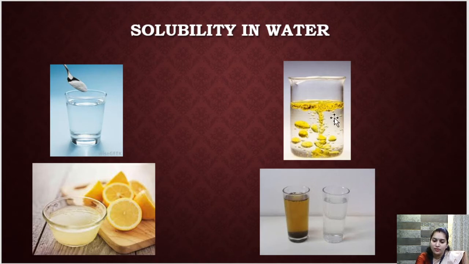Now coming on to this. We have oil in water. If we add oil in water, it will not get mixed, isn't it? It will not get soluble. It will not get dissolved. Same goes with sand and water. If we put sand in water, it will also not mix, it will go down and settle. Okay? So these two are immiscible liquids. These are miscible liquids and these two are immiscible liquids. Those that do not dissolve in water are called immiscible. Those that dissolve are called miscible liquids. So this is solubility in water.